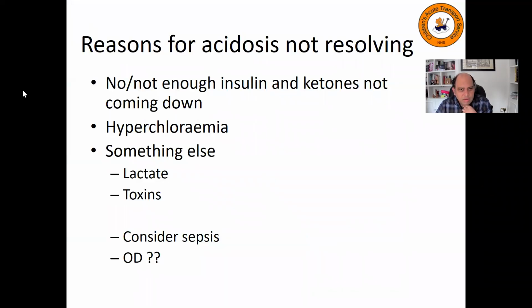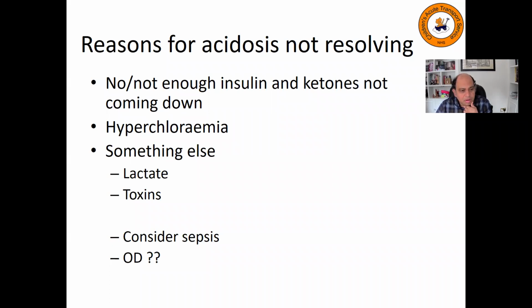So that's roughly the summary of it. Not enough insulin or no insulin, and ketones not coming down. So ketosis continues, acidosis gets worse. Hyperchloremia because of 0.9% saline, something else like lactate or toxins. It could be an overdose of a toxin. So just be aware that that's another little